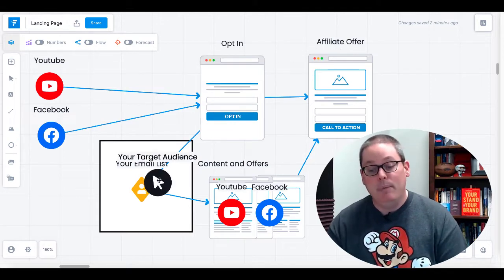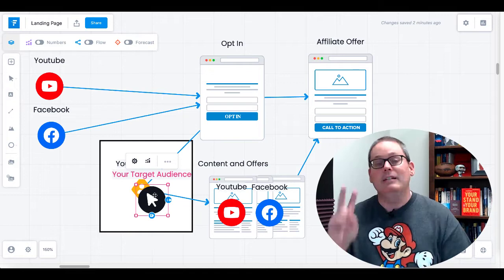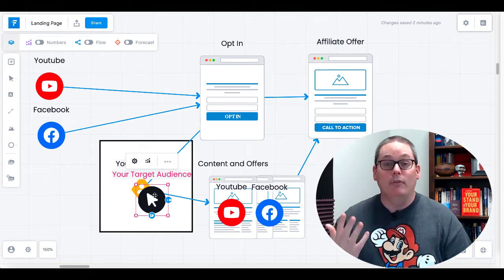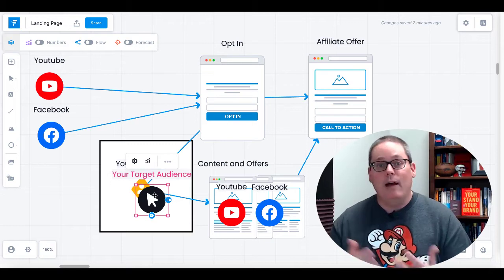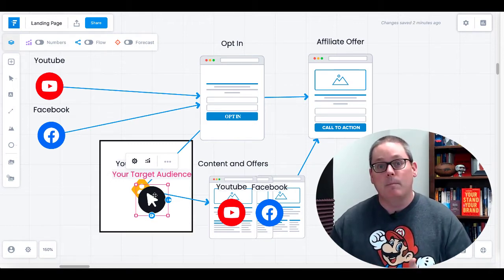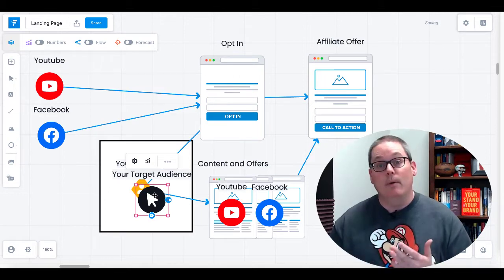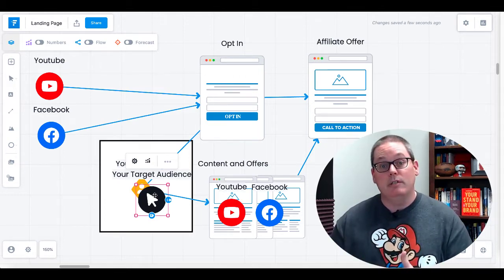Now, the opt-in page and the email list is the second part of this thing that you need to create. And how can you do that for free? The affiliate offer, of course, we found over at CB Engine and on ClickBank. And we're going to make sure that we get a recurring, meaning we're going to get paid every month once we get people to purchase that product.